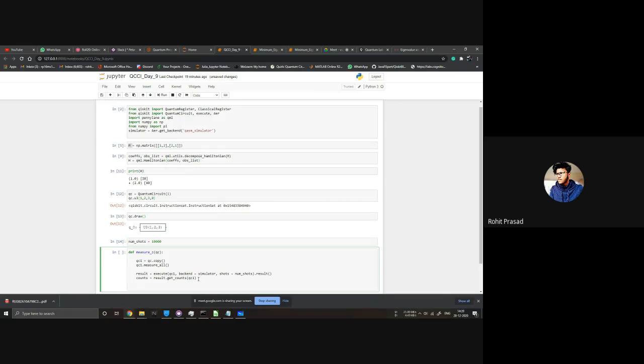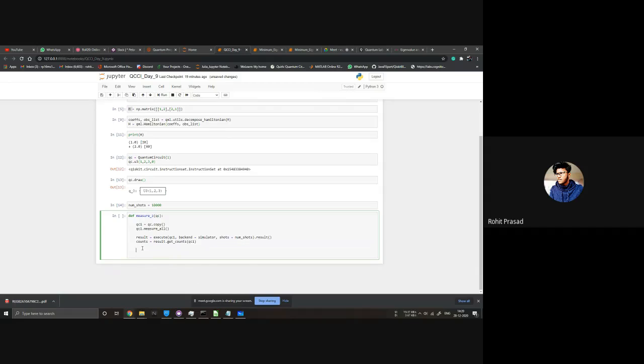After this, what we want is the number of counts of 0 minus counts of 1, divided by the total number of counts.